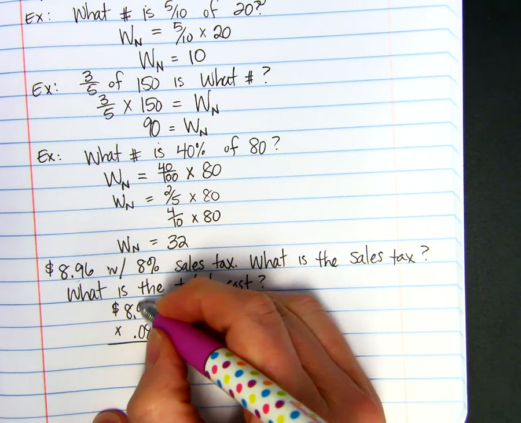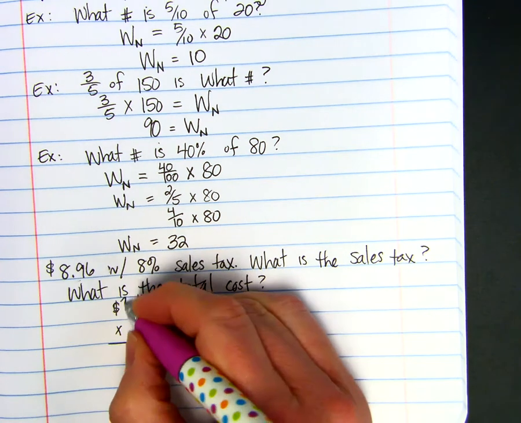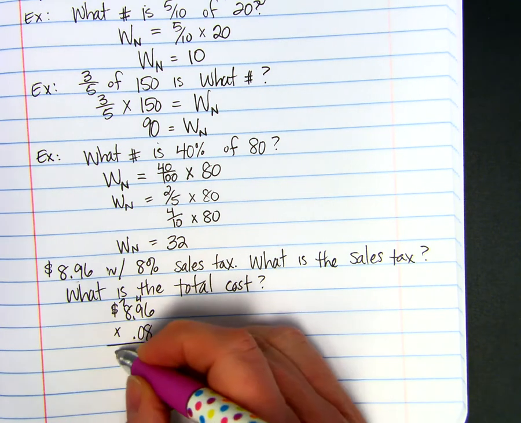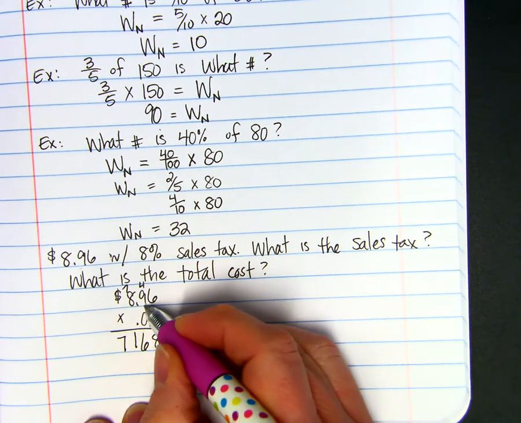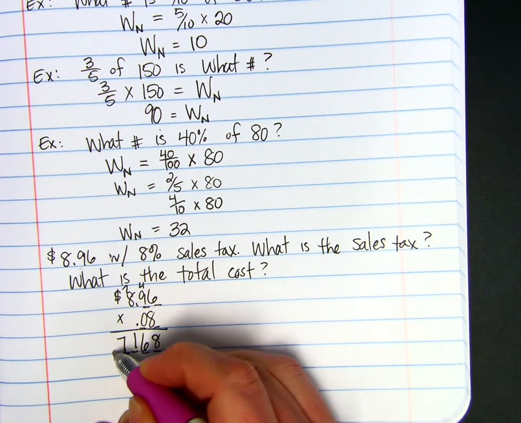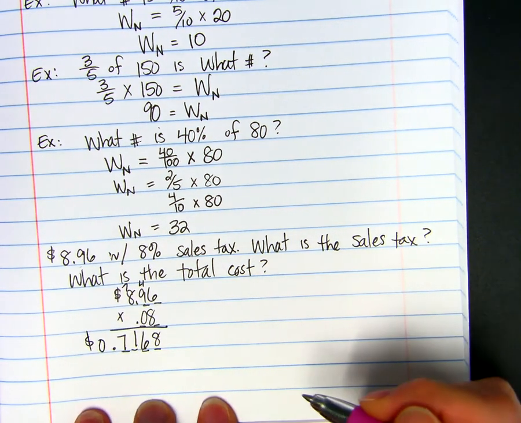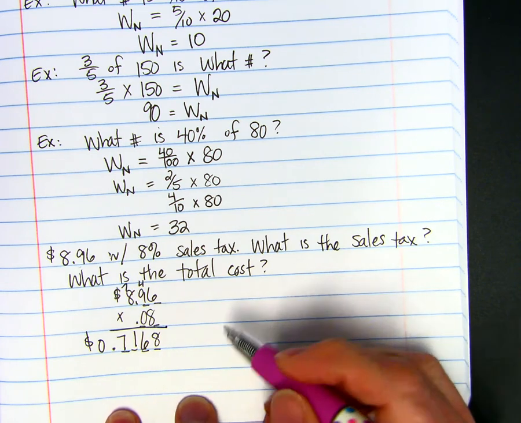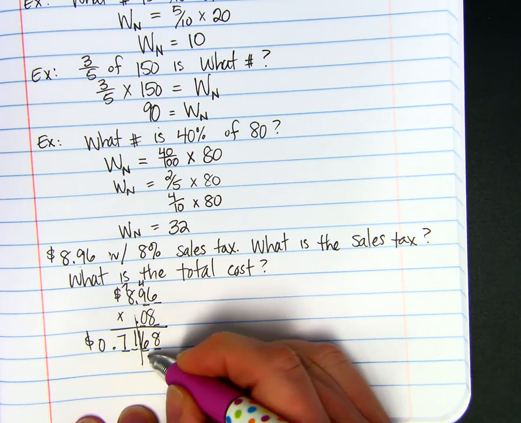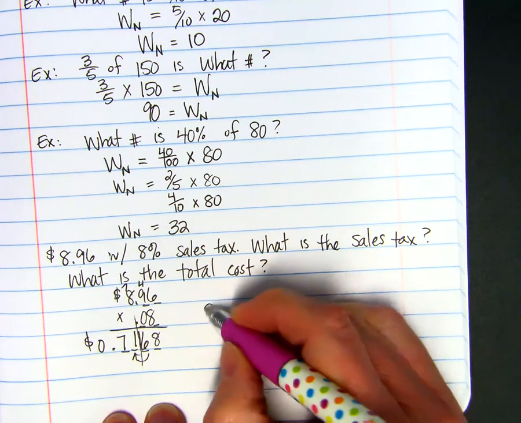8 times 6 is 48. 8 times 9, 72, plus 4 is 76. 8 times 8 is 64, plus 7, 71. Now if you notice, I have 1, 2, 3, 4. So I have to underline 4 numbers and then put a decimal. Now here's the problem. We're talking about money. We can't write money with this many decimal places. We have to round, so we only have 2 numbers on the left. So we look at the 6, and that 6 tells my 1 to go to 2. So sales tax